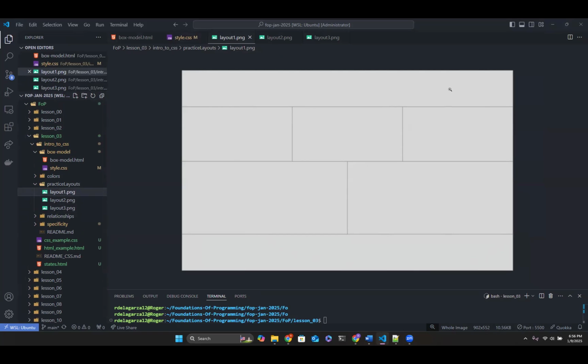So right off the bat, I'm going to tell you, you might want to use divs. So ignore any other element. Just put a bunch of divs within divs. So you might want to have one big div that will take the entirety of your screen, right? You might want to have 4 other divs within here, and then you're going to figure out the heights to give it this kind of appearance.